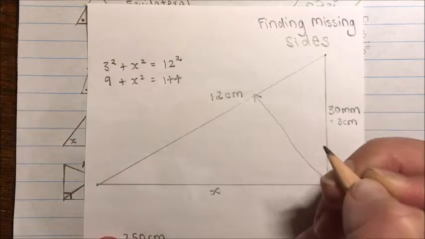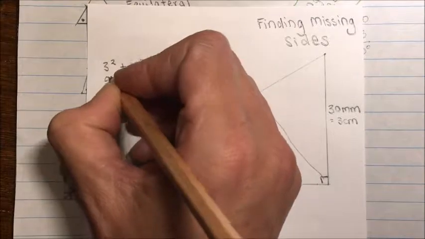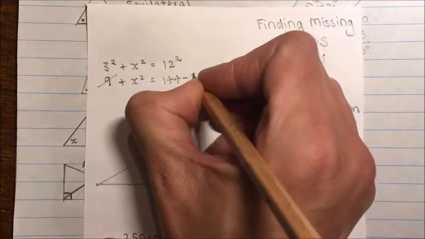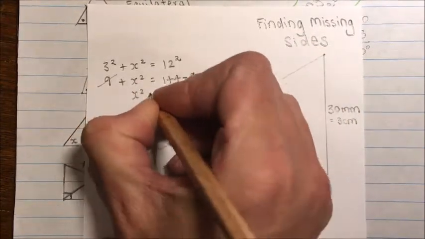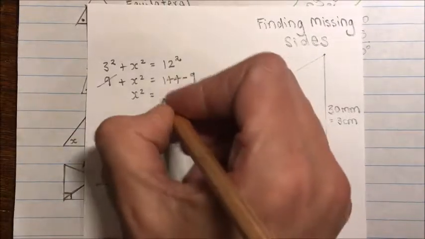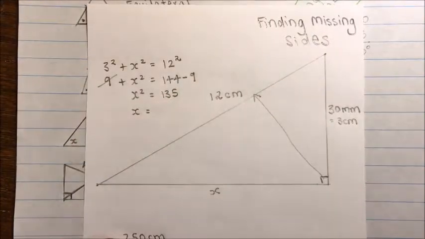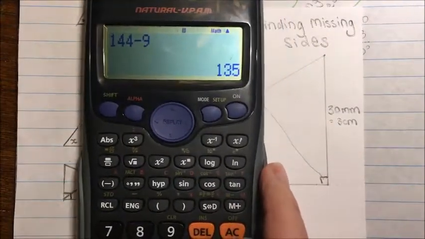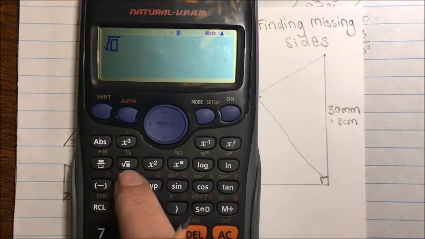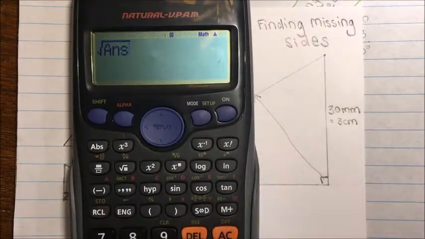144. Now I'm going to solve this just like a linear equation, and I'm going to do a bit of reshuffling. I'll get rid of positive 9 off this side by taking 9 off this side. So x squared equals 144 minus 9, which is 135. X is going to equal, I just did my little sign over there, the square root of my answer, 135,